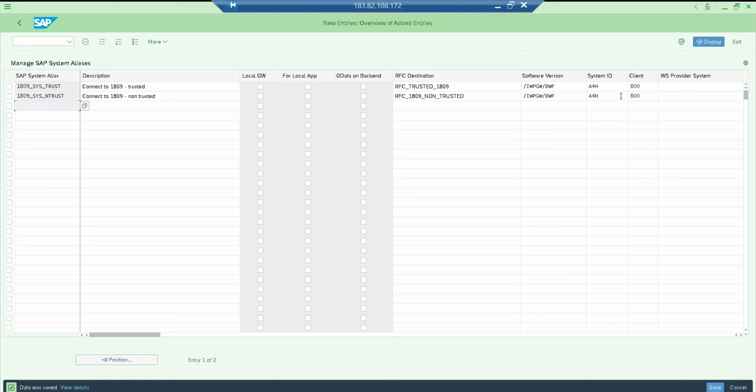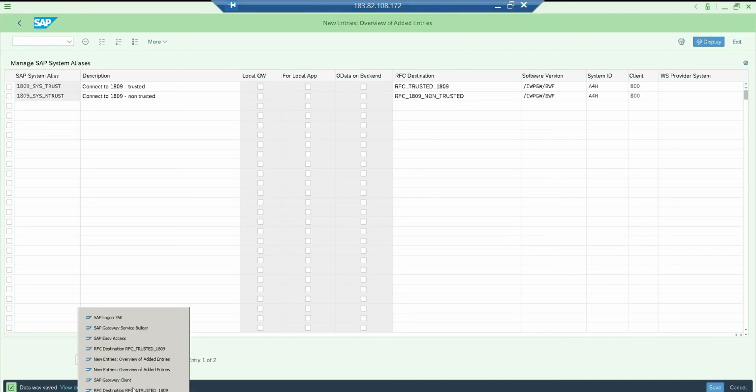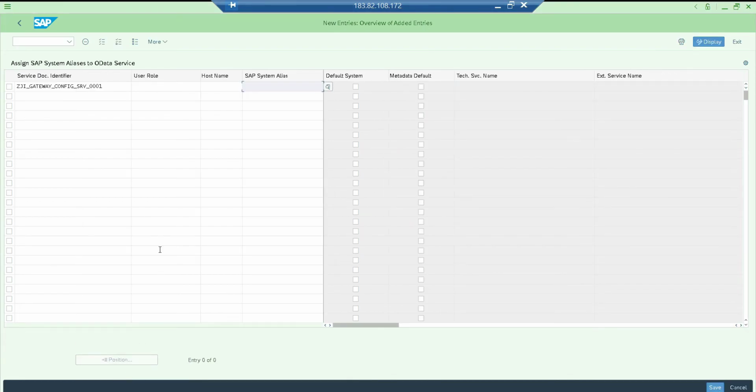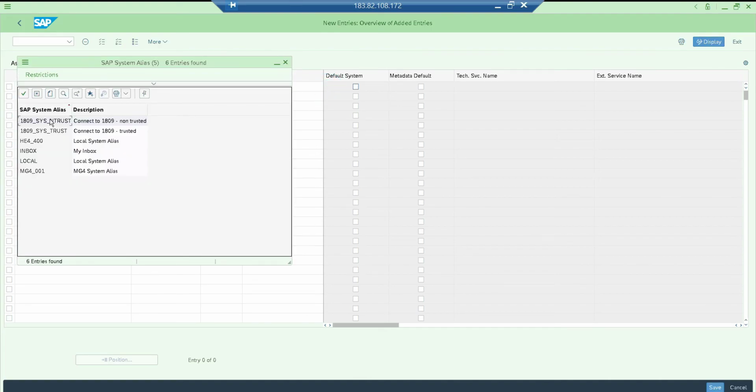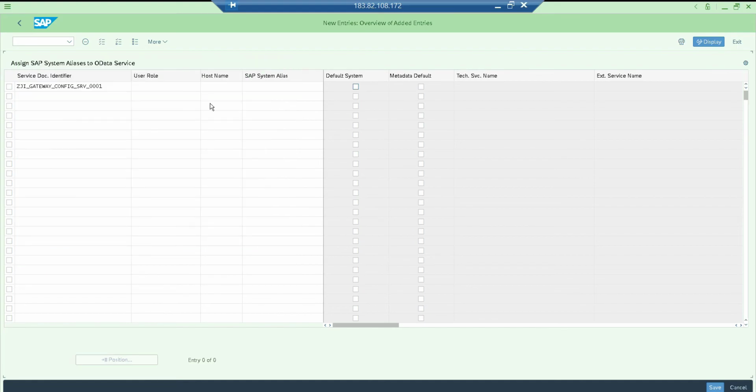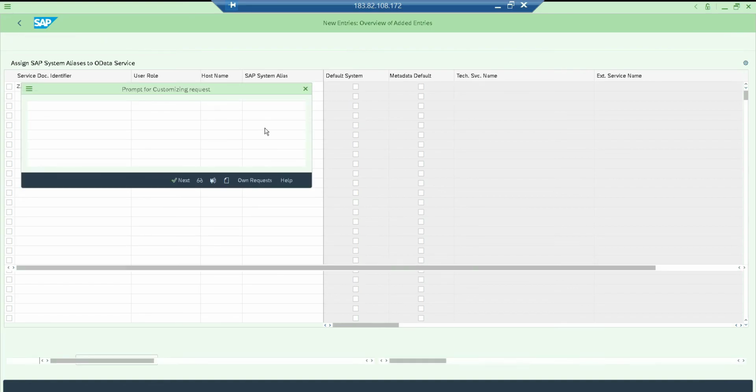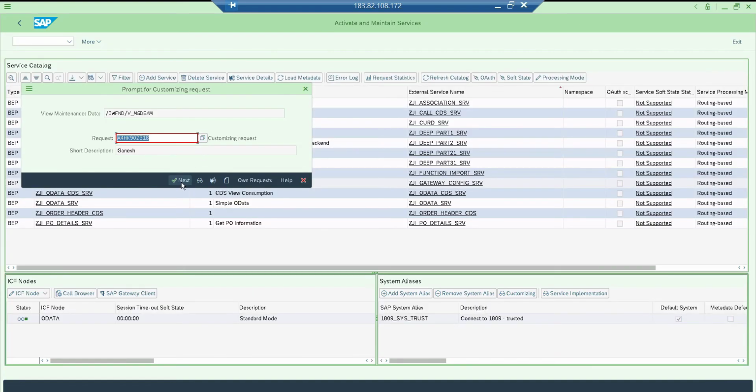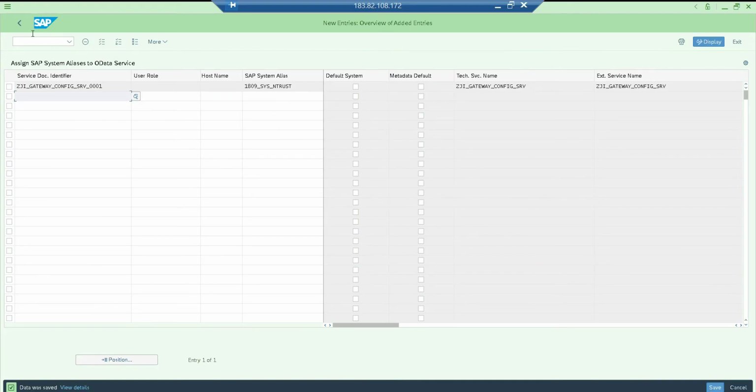Save it. Okay. Now go to your ActiveWord service. I think this is the one. So here just go to F4, system Alias non-trusted. Select it and you can keep whichever is default, depending on your requirement. Normally for non-trusted, every change is going to be a transport request only. So non-trusted is mainly used for